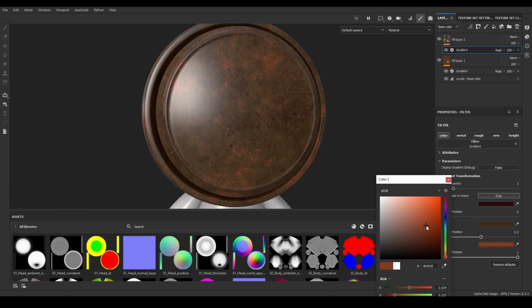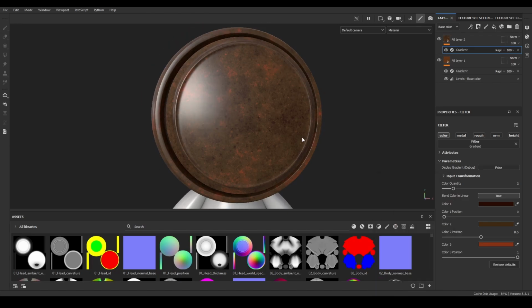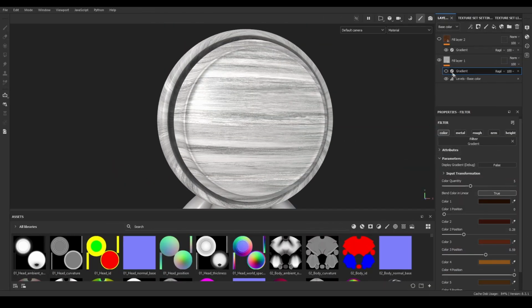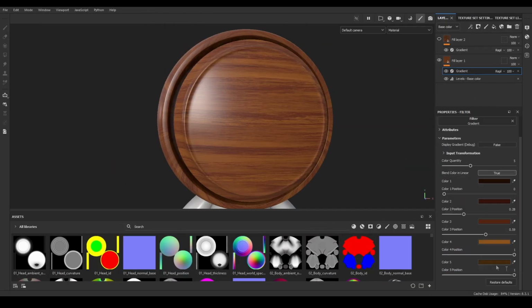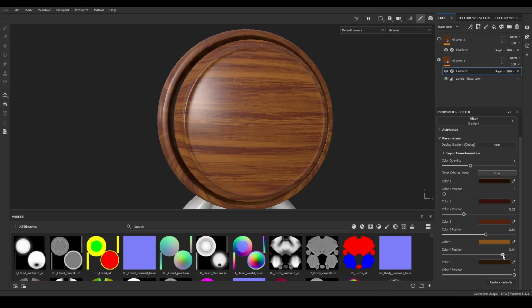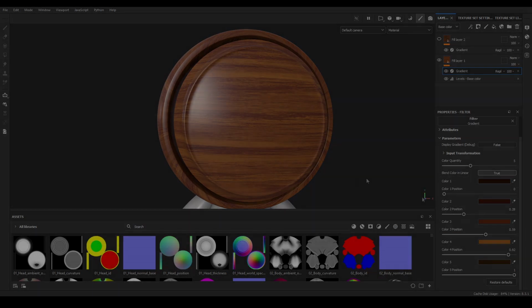For example, if I wanted to create a rust material, it's a lot more interesting to start from a layer with some color variation like this than a flat color layer. Also, if I have this wood texture roughness from Texture Heaven, I can create a base color layer for it very quickly, and this same technique will also work for masks you have created using anchor points, for example.